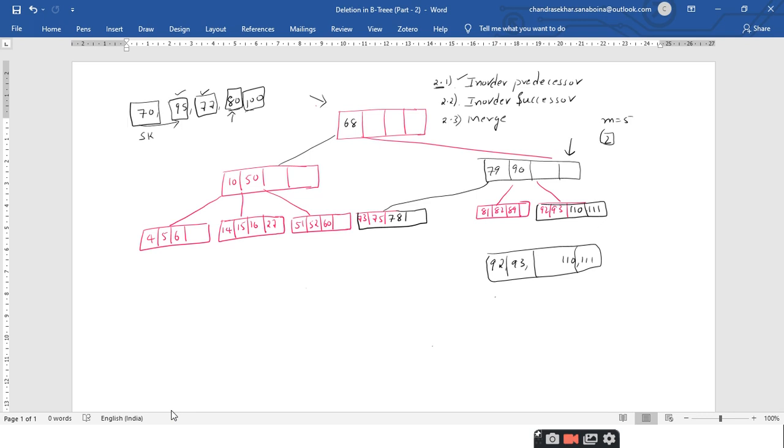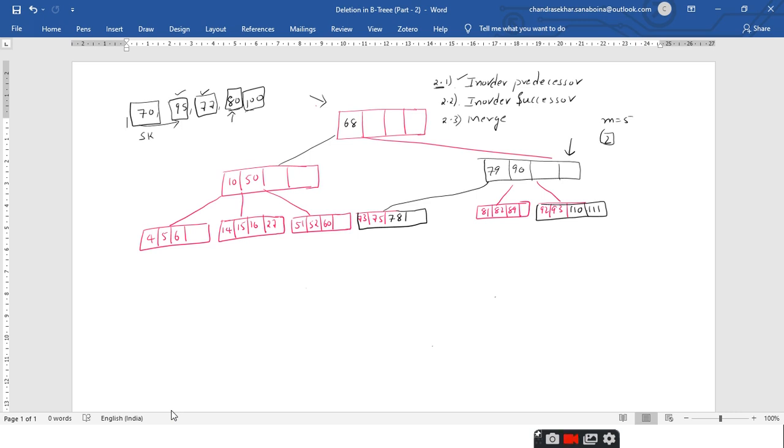So this particular deletion of 100 completes the entire discussion on the deletion of a key from the B tree. Every case is covered. As I told, it is time to acknowledge the video which I have listened to.